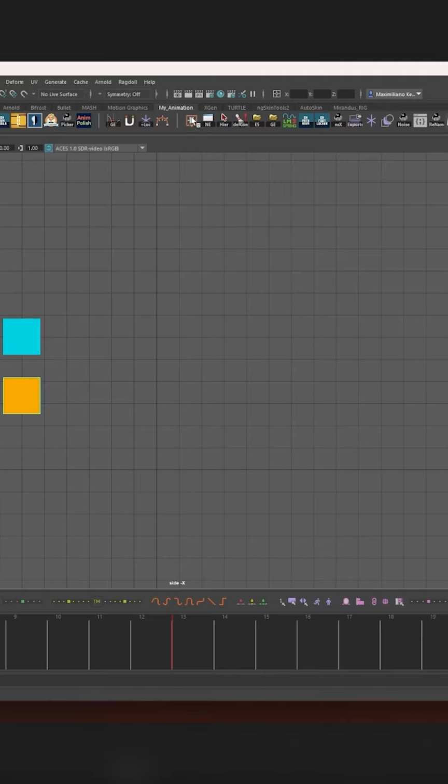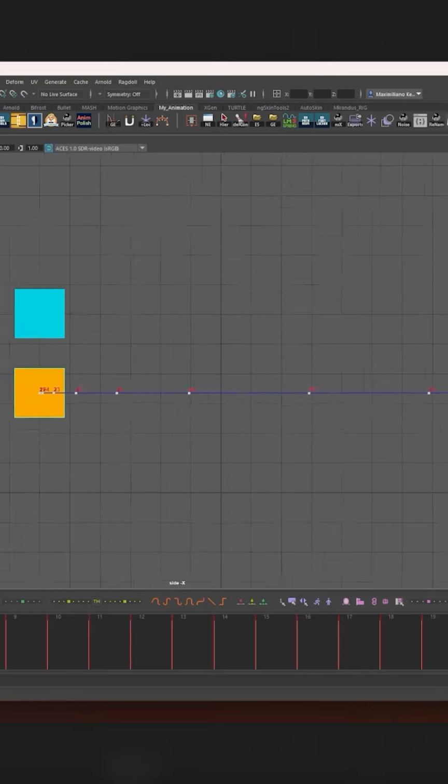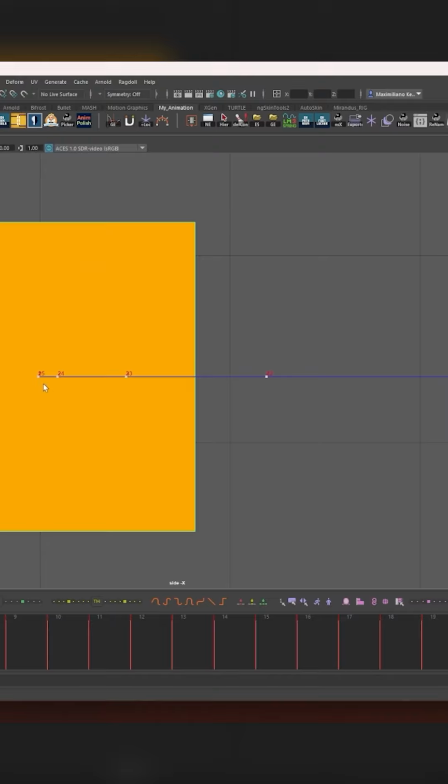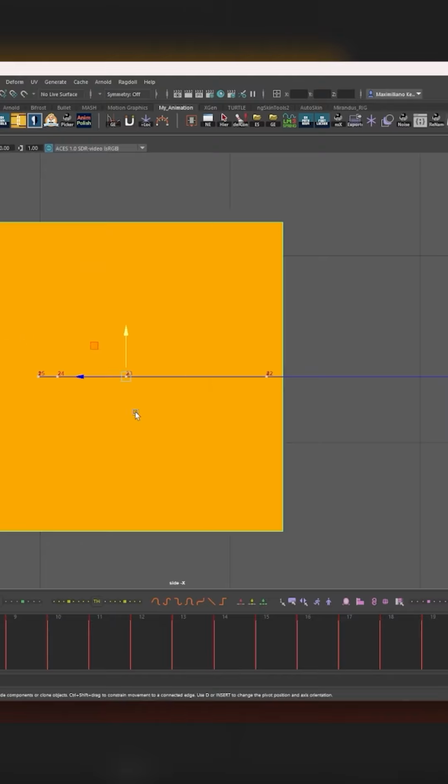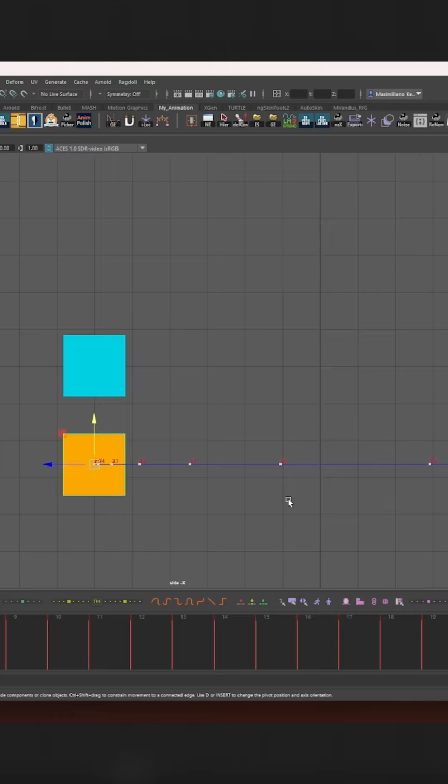So I'm going to bake this one. Baking means add a keyframe on each one of the frames down here. So now I can turn on this motion trail and I can see the spacing of those drawings, right? So the orange box, the first few drawings over there are very tight together. See, even if I zoom in, I can look at the spacing of these dots, right? They're very tight over there,